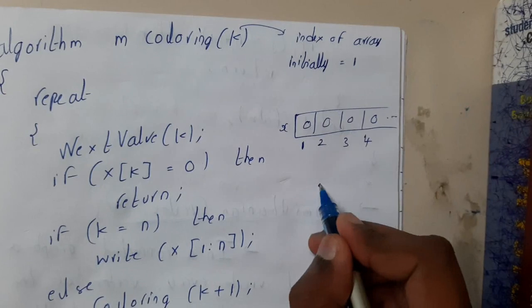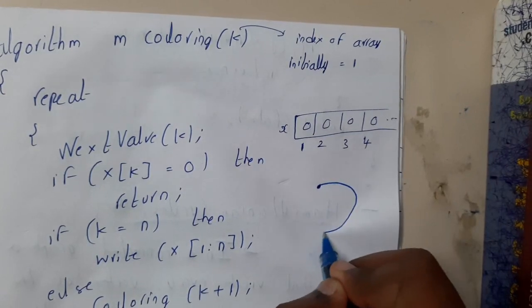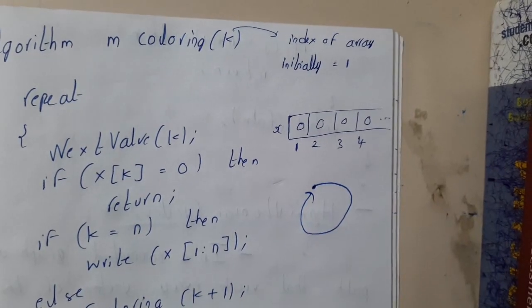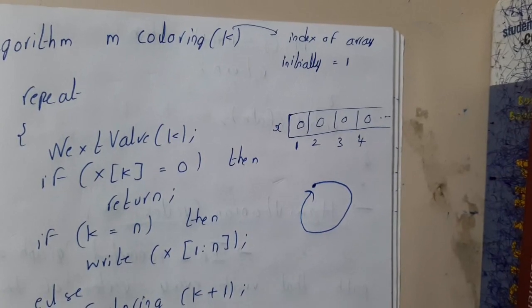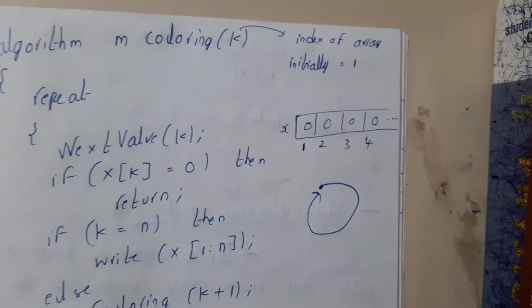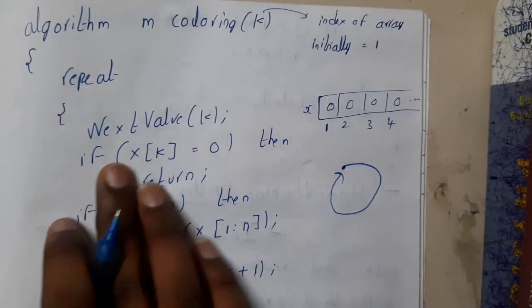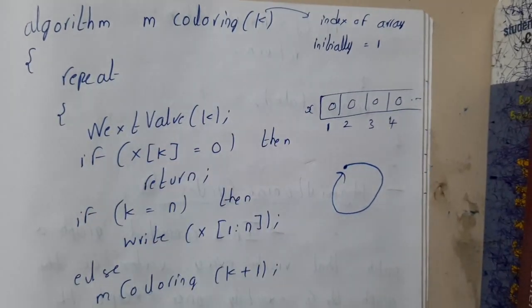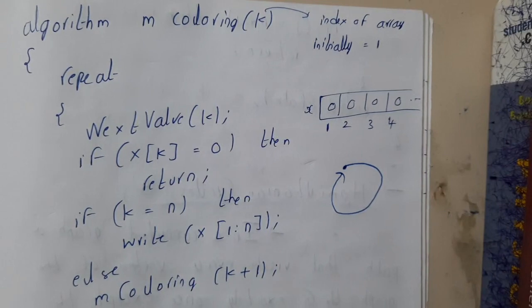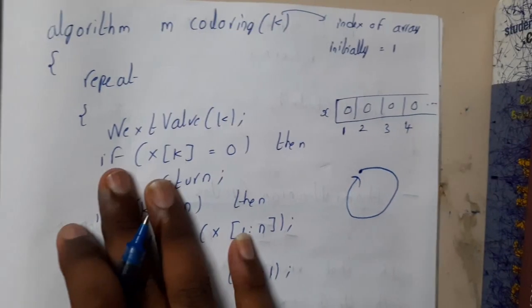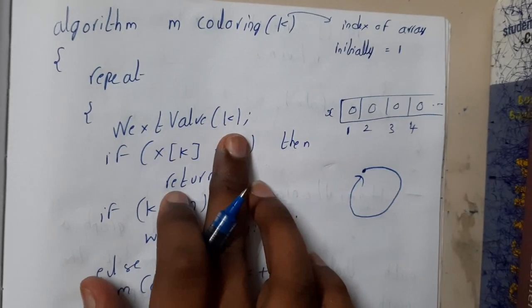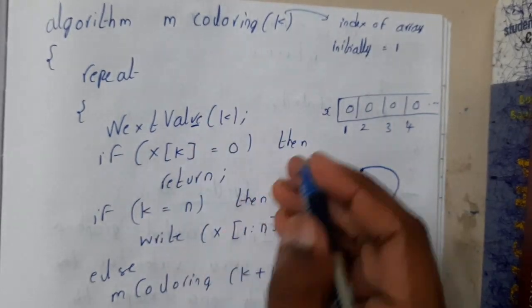So basically we will be starting at one vertex and we will be visiting all the vertices and coming back to 1. That is our goal. So that is what we will be doing, right? Okay. So basically we will be starting with the next vertex. So there is no condition to check initially. Sorry. Okay. We will be checking for next value. Next value is nothing but next vertex.